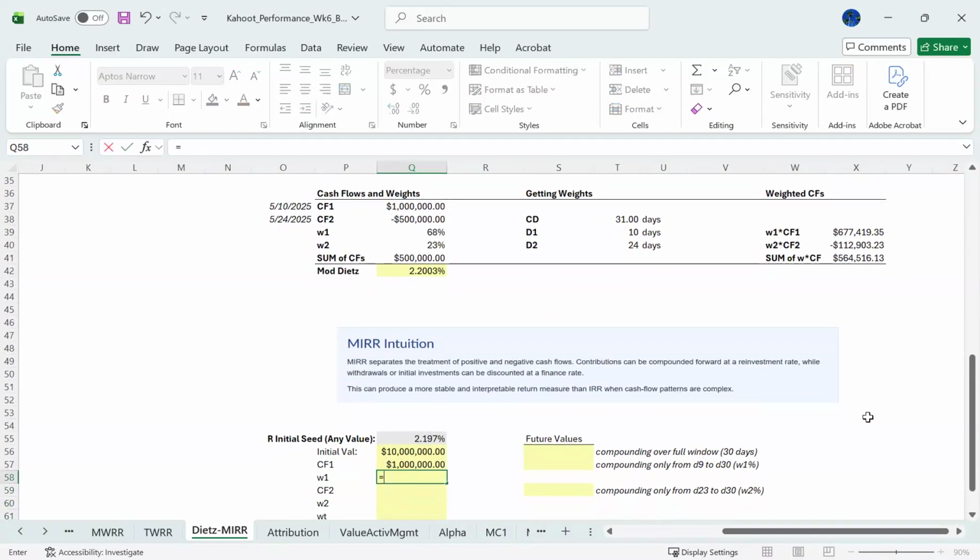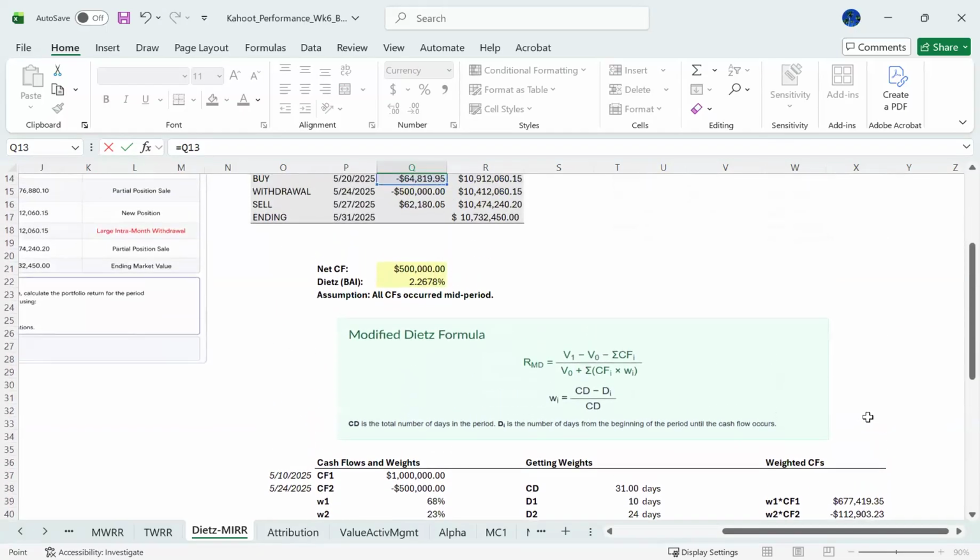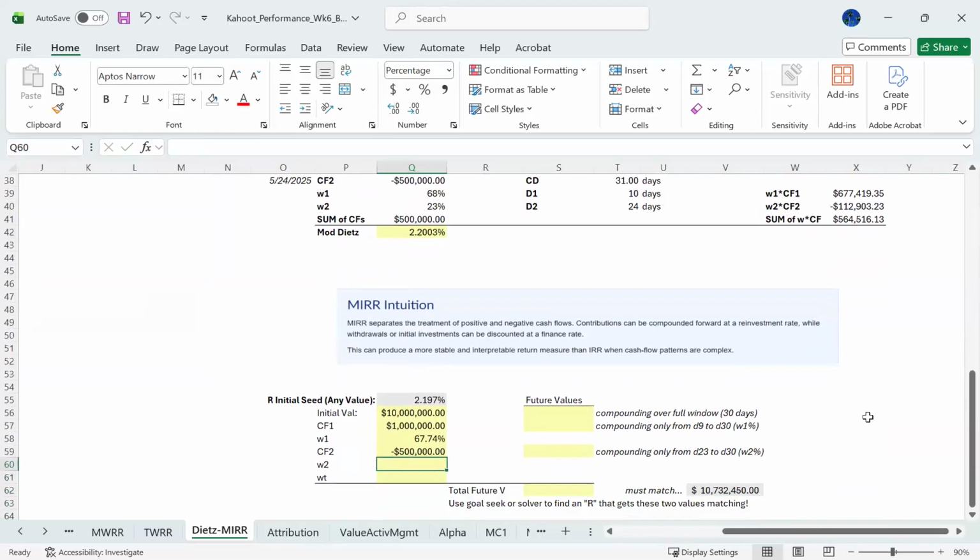We have the weight of cash flow 1, which is gotten exactly in the same way as the modified Dietz. We have cash flow 2. We can take it either from here, or from up here. And then we have the weight of cash flow 2, which we can take from modified Dietz. Okay, and now at this point, let's continue and calculate the weighted values, or the future values, for each one of these